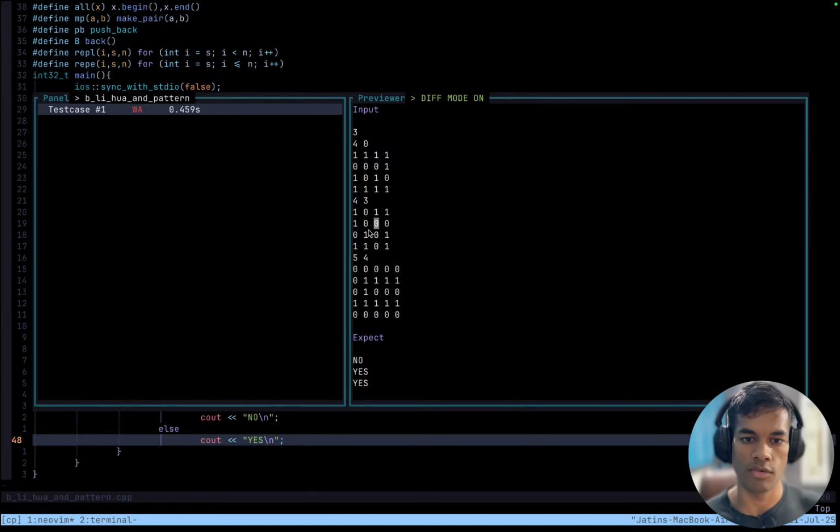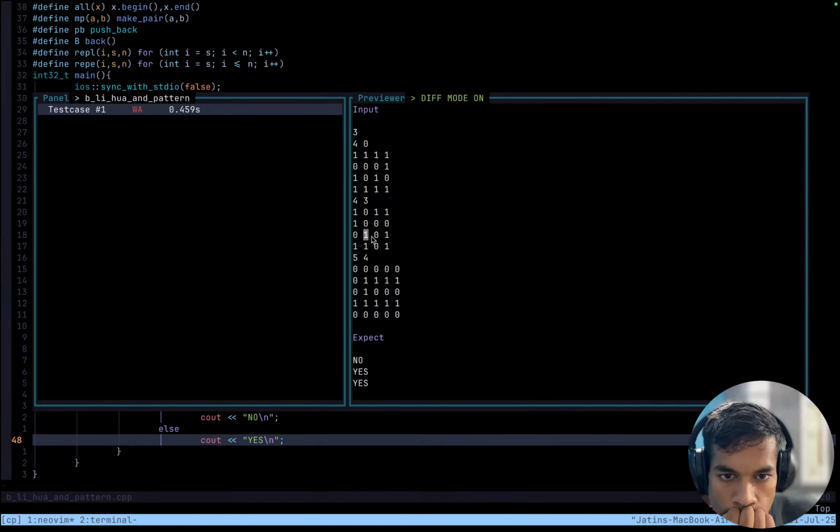I have to change these two. So diff should be 2 and